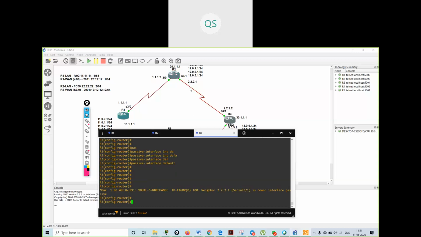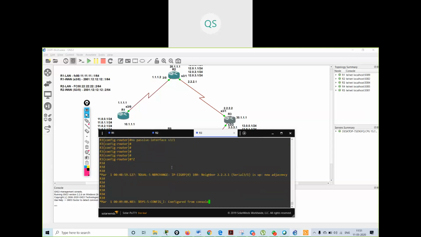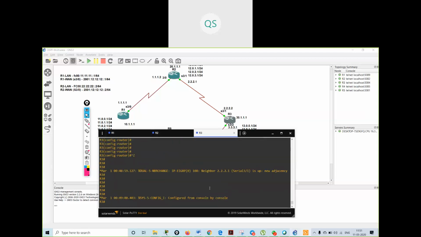This should not be a passive interface. So what I will do, I will say no passive interface S3/1. What I said, no passive interface S3/1.